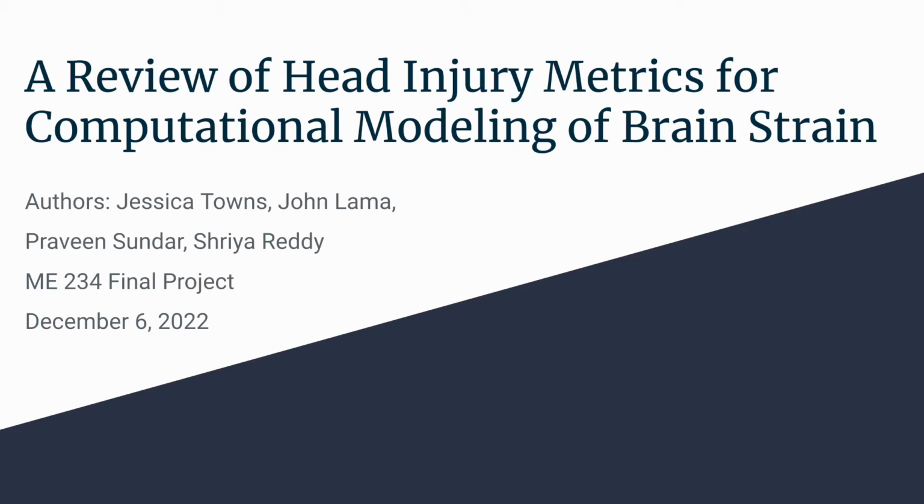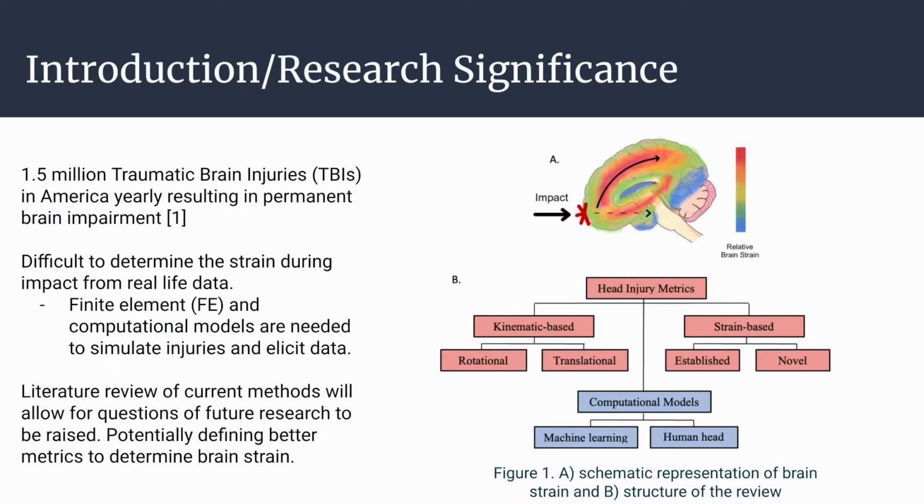A review of head injury metrics for computational modeling of brain strain. 1.5 million traumatic brain injuries occur in America yearly, resulting in permanent brain damage and impairment. Identifying ways to limit and mitigate the negative effects of TBIs is essential to effective patient care. Current metrics are shown in Figure 1, with kinematic and strain metrics and computational models being the primary methods to